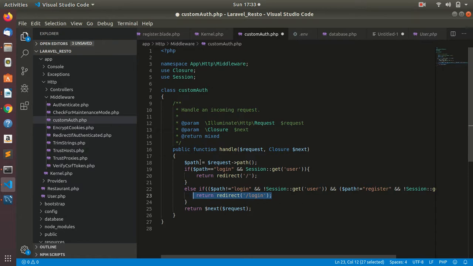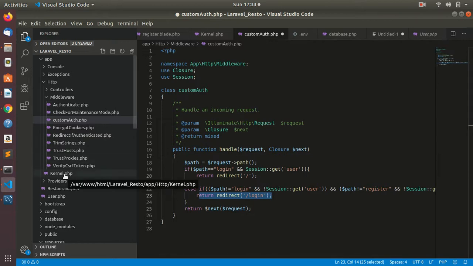So this is the condition that we have applied. Because if you are not logged in and you are trying to access the other pages, the application will tell you to log in first and then you can access any other page. Now, after you set the conditions, you need to register your middleware.